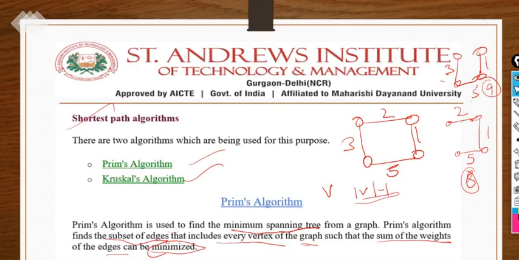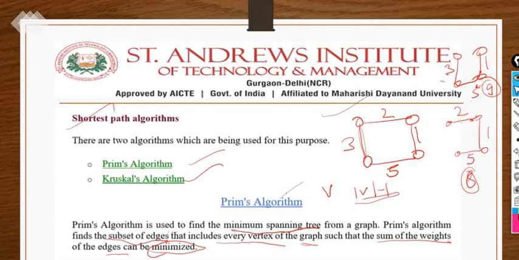So I have already told you more than 1 spanning tree for a graph may be possible, but there will be some cost associated with each particular spanning tree. So we have to find the minimum cost spanning tree among all the possible spanning trees. You can remove this edge or that edge, any edge, but the condition is that every vertex of the graph must be there and it should not be in cyclic form. So it's all about the spanning tree basics.